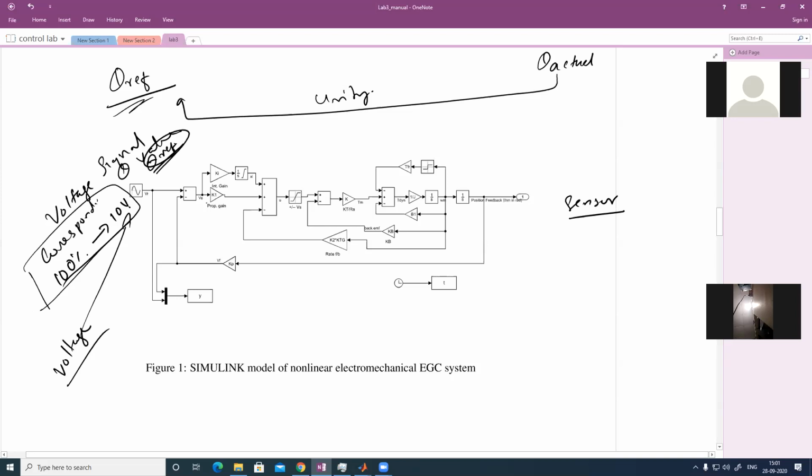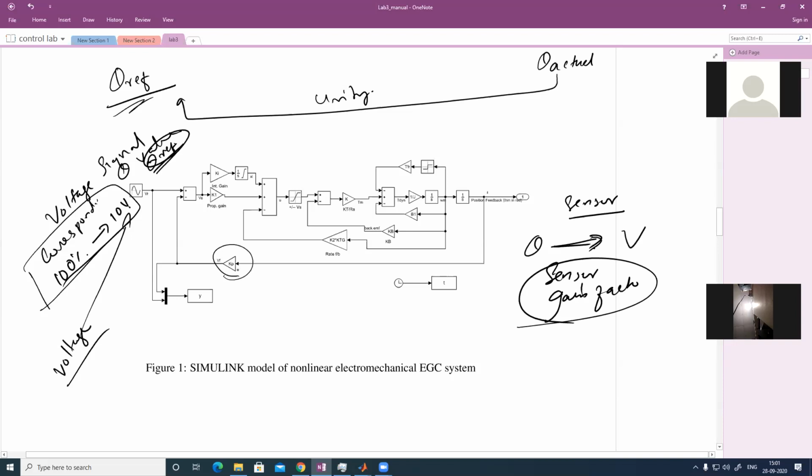So that time, the theta to voltage conversion is the sensor gain factor. Theta is converted to voltage by multiplying by the sensor gain factor, that is Kp. Earlier that Kp was in the forward path. Now we are changing that Kp into the feedback path. There are no other changes there. This theta reference is changed to a voltage value, so the Kp is in the feedback path. That is the only difference from last time.